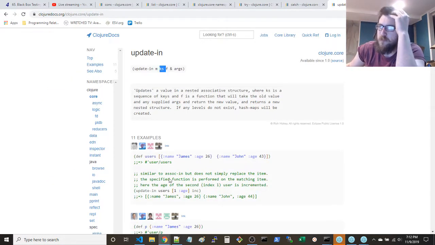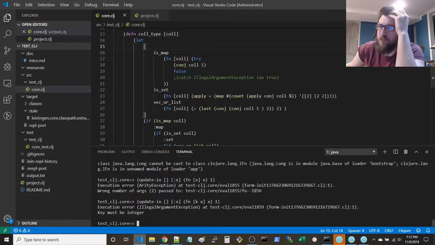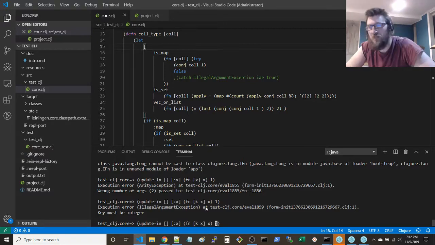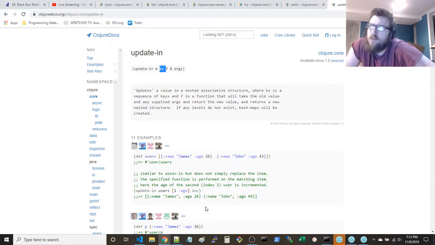Map, keys, function, args. Users, age, increment. The function will take the old value and any supplied arguments and return the new value.